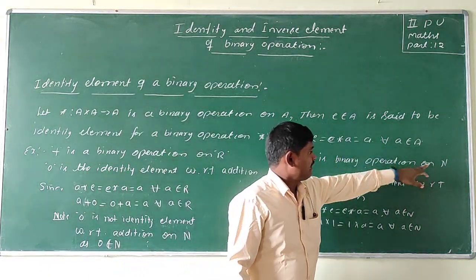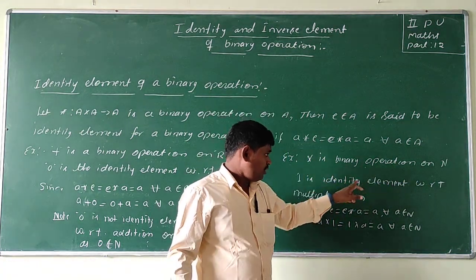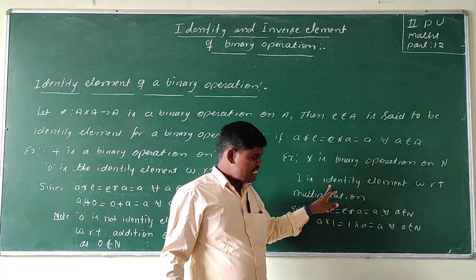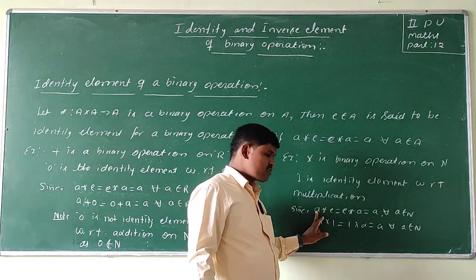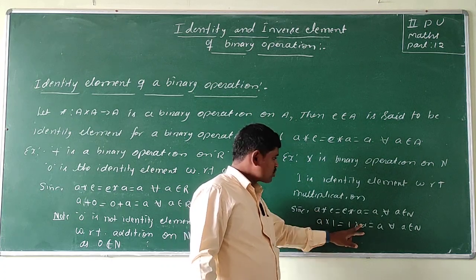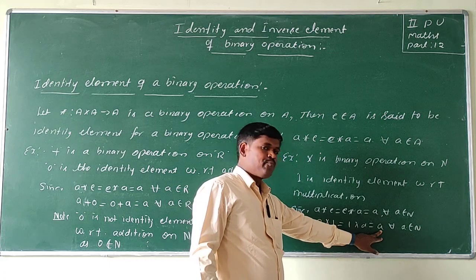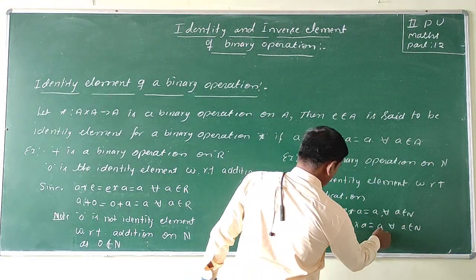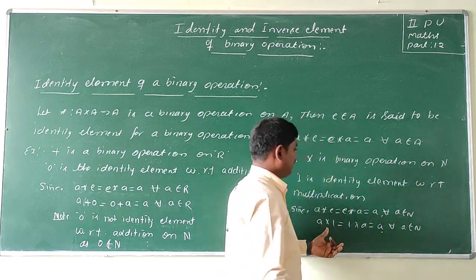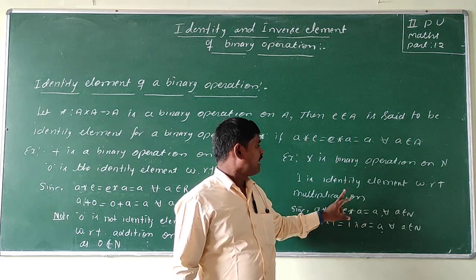Suppose we take real numbers, so 1 is not the multiplicative identity in that case. Suppose we take 1 as the multiplicative identity, and 0 is also one of the elements belonging to real numbers. So it does not become E. Therefore, it is a multiplicative identity with respect to natural numbers.